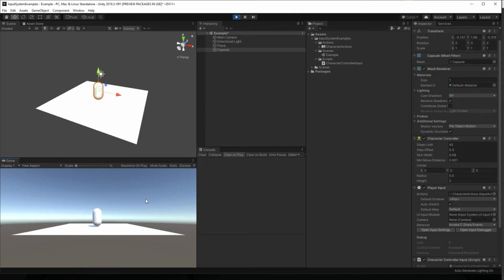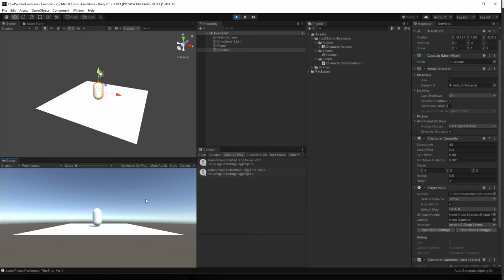The jump button is configured as a press and release, which means we should get 2 performed. One when the button becomes true, one when the button becomes false. So we also get our started, in which case triggered is the on-triggered action. The on-action triggered event invokes the event during phase started when the action triggered property is false,